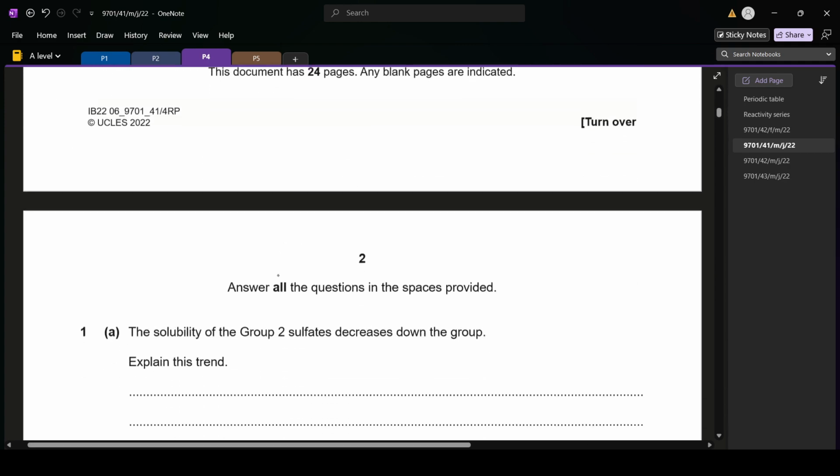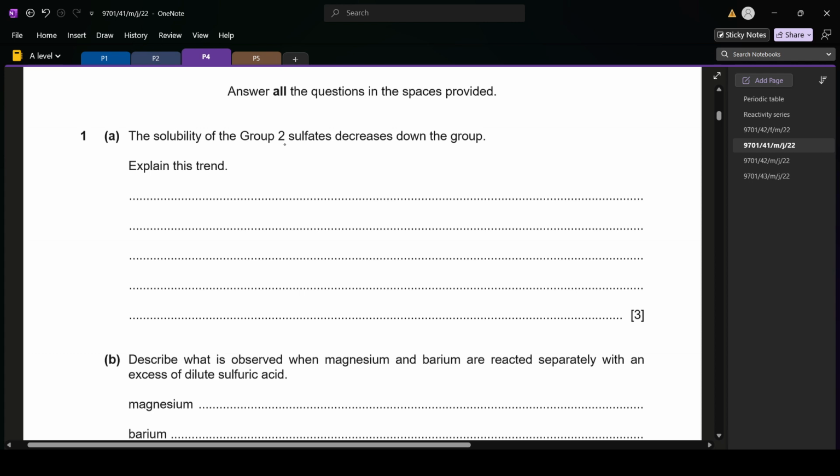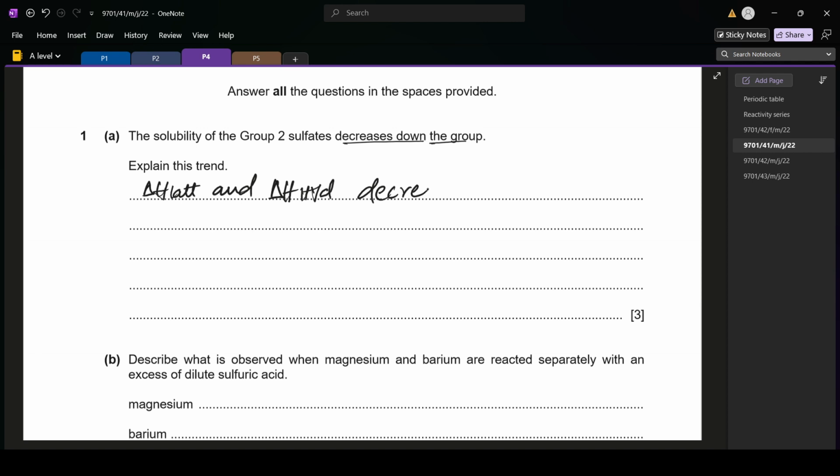Okay, so let's begin. Question number 1: the solubility of group 2 sulfates decreases down the group. Explain why. The solubility decreases because the lattice enthalpy and hydration enthalpy decrease down the group. And why do they decrease? Because down the group